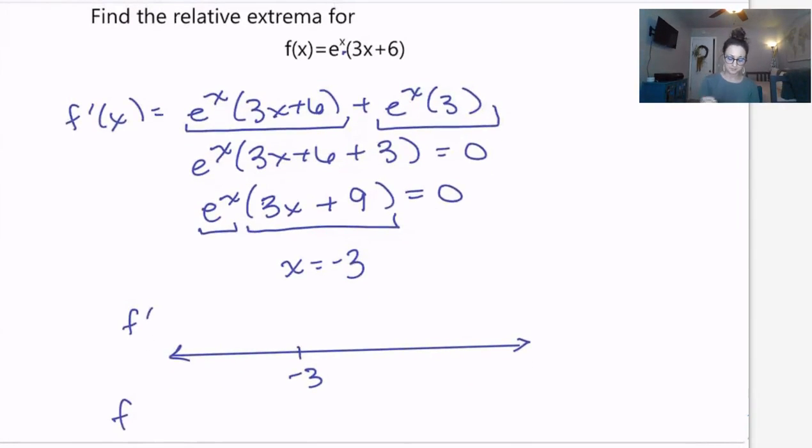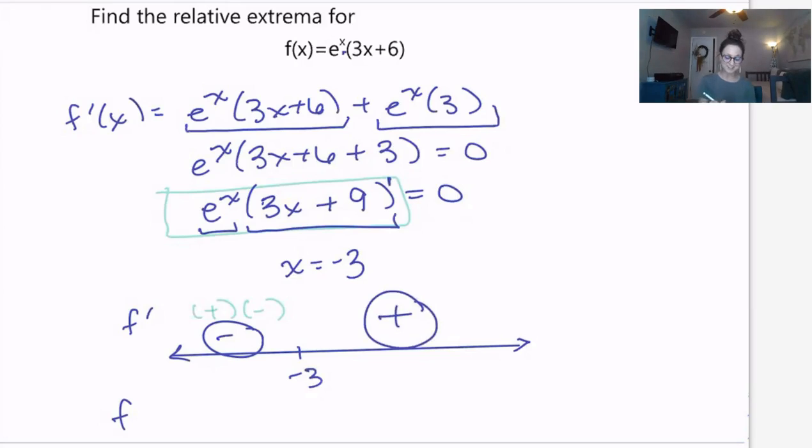Okay. And if I pick a number less than negative 3, like negative 4, well, e to the x, and by the way, I'm coming back here, e to the x is always positive. If I plug in negative 4, I'm going to get negative 12 plus 9, so that's going to be negative. So ultimately there, I get a negative. If I go to where I grabbed the negative 3 from, it's from this factor here, which has an odd multiplicity, so it is going to switch signs there, all right? So what does this tell me about f? From negative infinity to negative 3, f is what? Is decreasing,